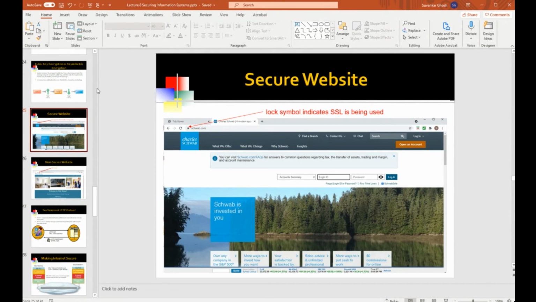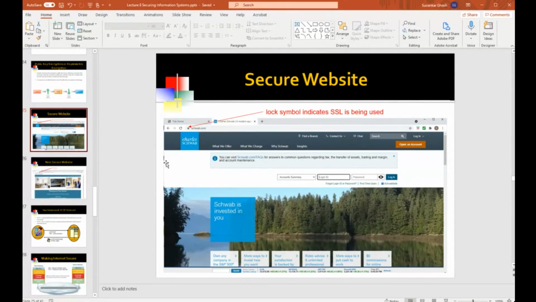Well, these days, it's really all about the internet and e-commerce. So most of the time, when you're browsing on the web, you're interacting with some kind of a website. And there are two types of websites. One is a secure website, and you know that you're interacting with a secure website when you see this kind of a padlock appear on the URL.